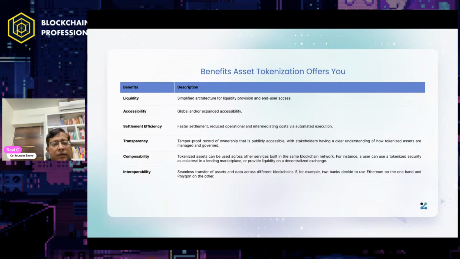And then like as I mentioned, you inherit the benefits of blockchain. So you get more transparency, composability. Like the smart contracts bring in composability, so you can actually combine different options. So for example, let's say you create a tokenized asset. You have tokenized a real estate, or you have tokenized a bond. Now that's a tokenized asset. Now there's a decentralized exchange, and this tokenized asset is following one of the standards,